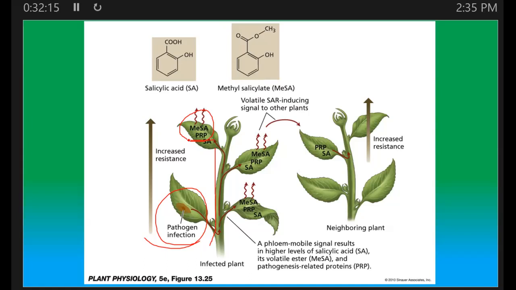So no matter if the plants are getting attacked by insects that are causing more aggressive damage or by microbes, they have some similar strategy in terms of getting a systemic response and getting neighboring plants up and running. So production of volatiles is a thing. And so all of these secondary metabolites and these signaling pathways,